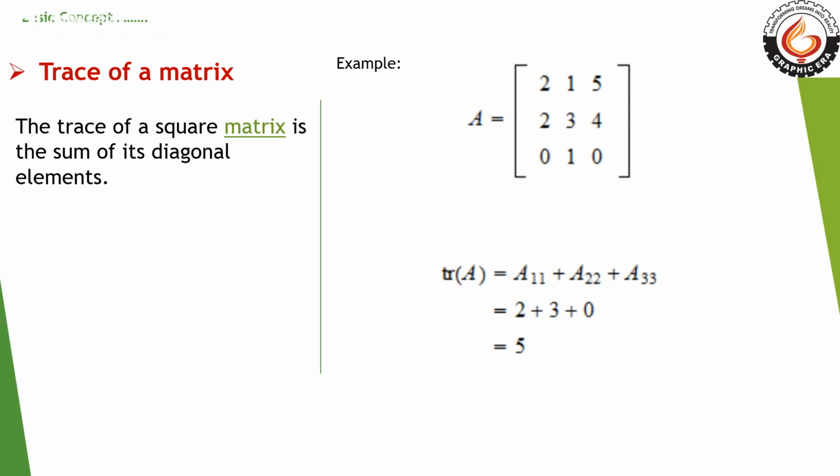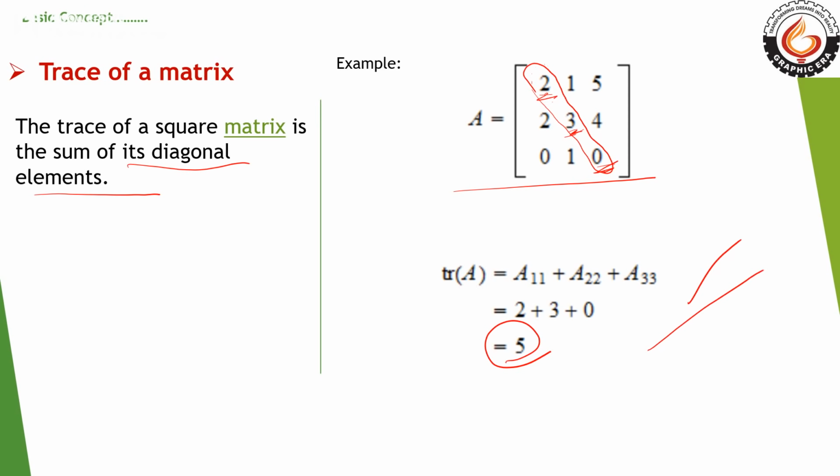Now you should also know what the trace of a matrix is. The trace of a square matrix is the sum of its diagonal elements. There is an example, matrix A: 2 3 0. If we add the elements of the principal diagonal, we get the trace. This is called the trace of that matrix. So the trace is a11 plus a22 plus a33. So we get 2 plus 3 plus 0, we get 5. So the trace of that matrix is 5, the sum of all diagonal elements.